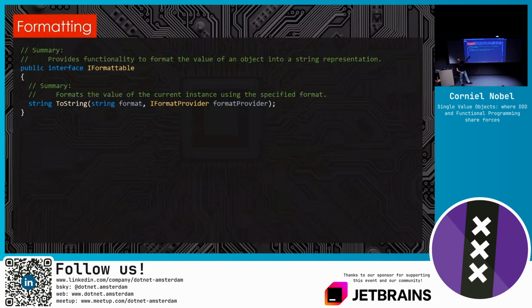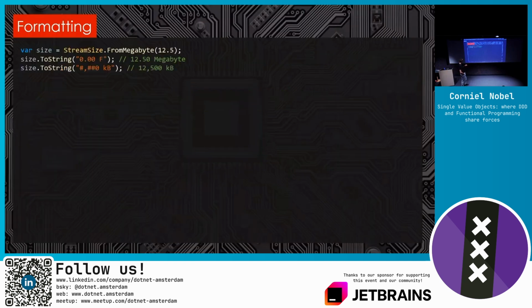alternative, and then you have the try format where you can write to a span of chars, for performance reasons. But I think for most people writing business software, it's nice that you can do that, but you don't need it. It's not where you can save the day by just winning some milliseconds or actually microseconds by making your formatting faster. Anyhow,